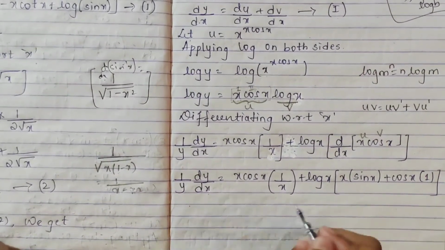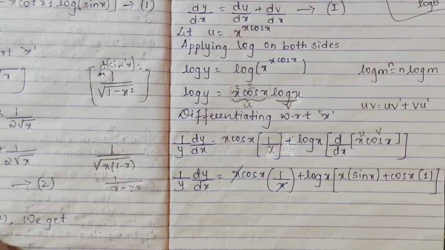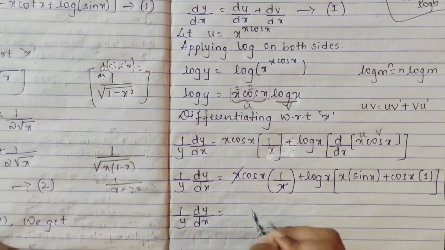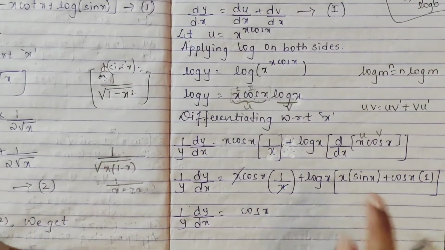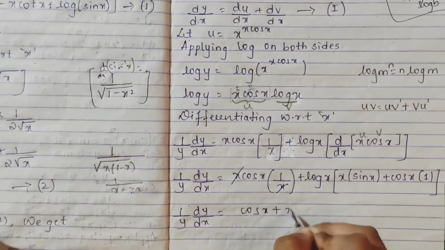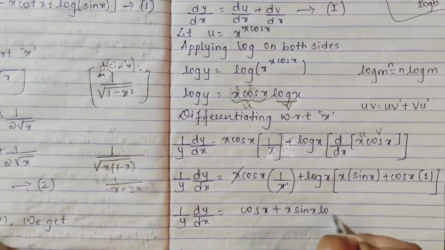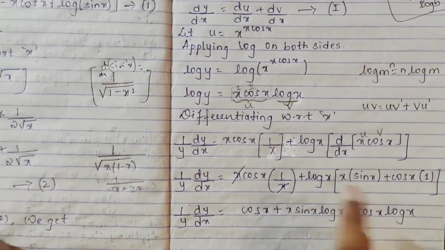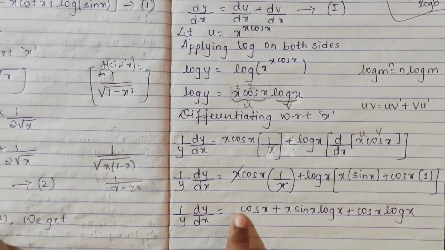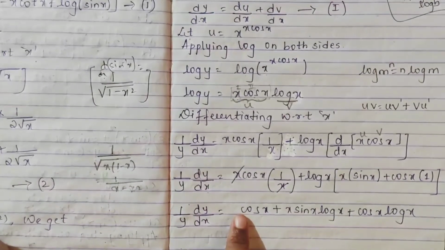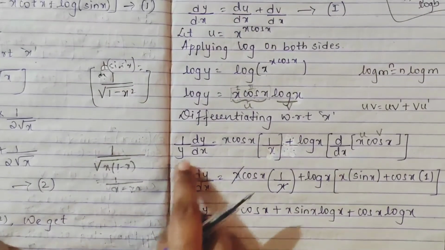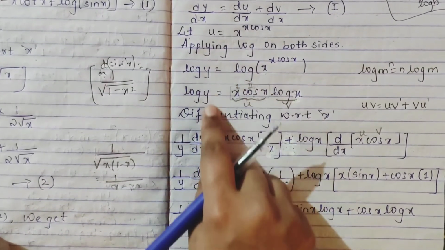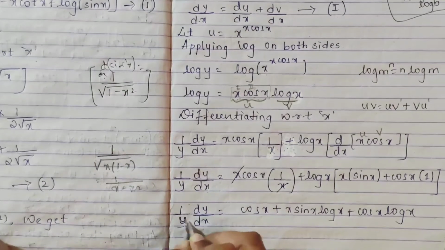Yes, so now here you can see this x and this x get cancelled. For the time being, keep your y here only. Here you will get cos x, and here you have plus x sin x log x, plus again cos x log x, you are multiplying it. Take your y on the other side. And what is your y value? Substitute, sorry, this is u. I have made a mistake, please rectify it, this is u, I am sorry. This becomes